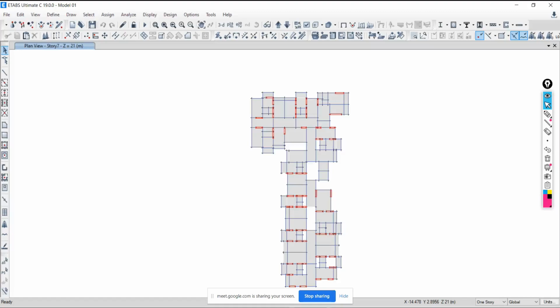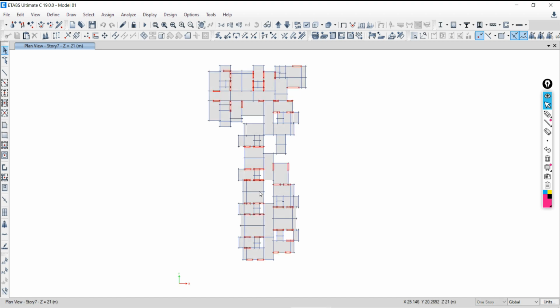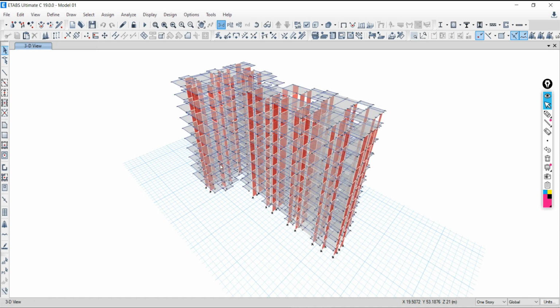Yesterday we have seen how you can correct the different modeling errors. So we have this model. I want to show you how you can correct your model if you are getting some kind of error in your model, common errors. So how you can correct your model, that's very important. No one will tell you about this.